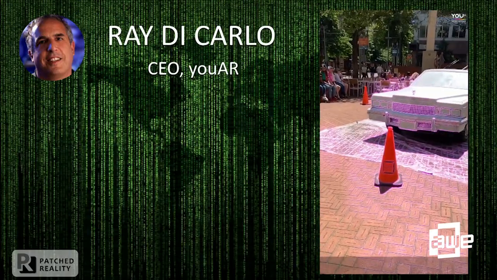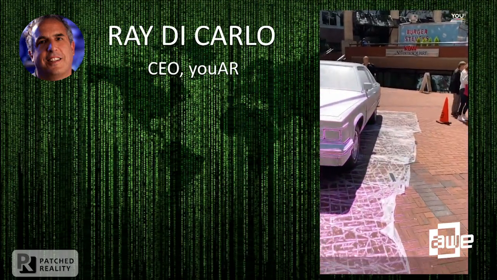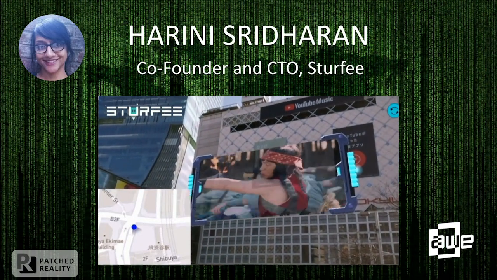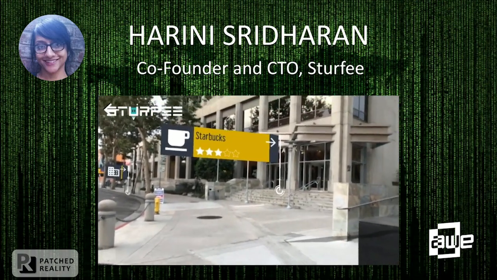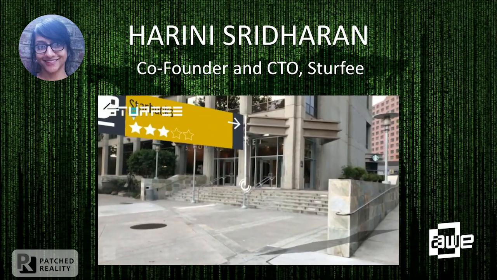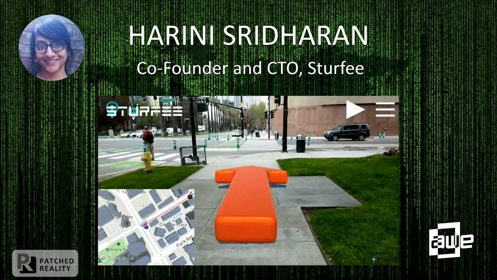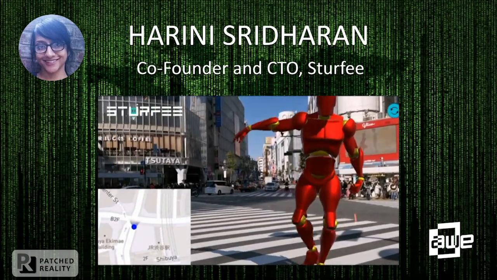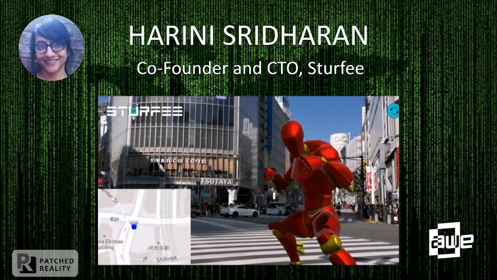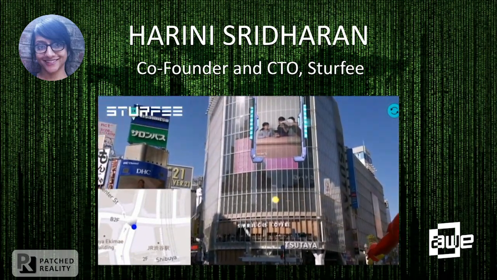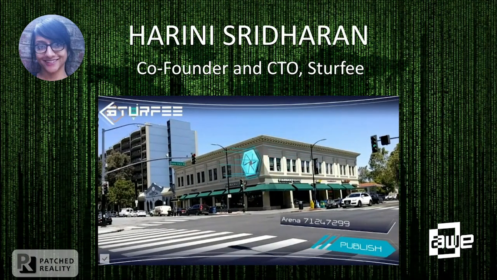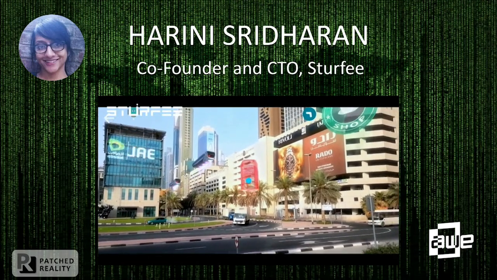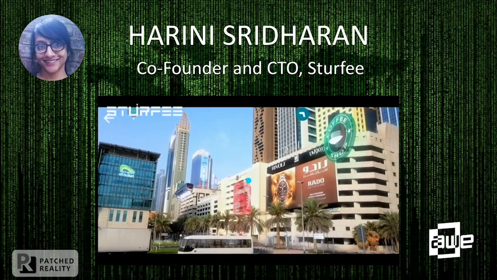And last but certainly not least, we have Harini Sridharan, and she's the co-founder and CTO at Sturfee. Sturfee has a unique city-scale outdoor AR technology for visual positioning and 3D meshing that combines street-level pictures with satellite imagery. Harini's educational background includes a PhD in machine intelligence and computer vision for high-resolution satellite image analysis, and she pursued a postdoctoral program at the prestigious Oak Ridge National Laboratory. So can you please give it up for our panelists for being here today,